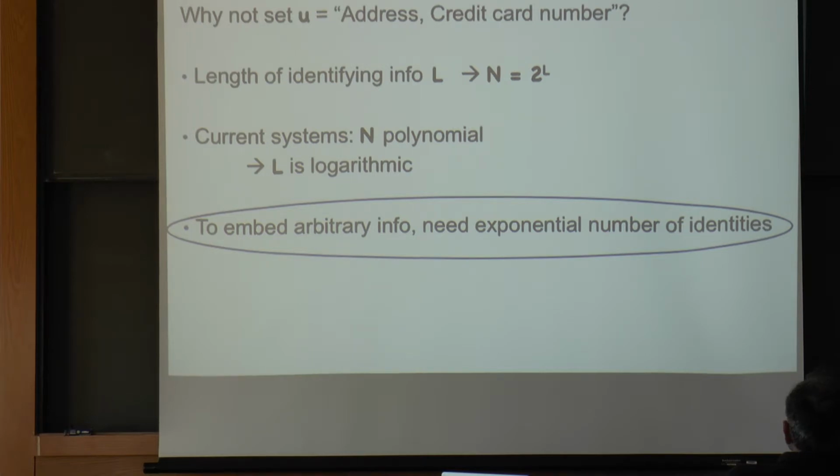Because if you believe in forgetting, then you could encrypt any amount of information, store it on the server, throw away the key, and embed it into the identity. So instead of an address or credit card, you just need to store a key. That's true. But that key still needs to be 128 bits, the size of the security parameter. Yeah, exactly. So n needs to be exponential in the security parameter, and if your ciphertexts grow with n, then you're in trouble.